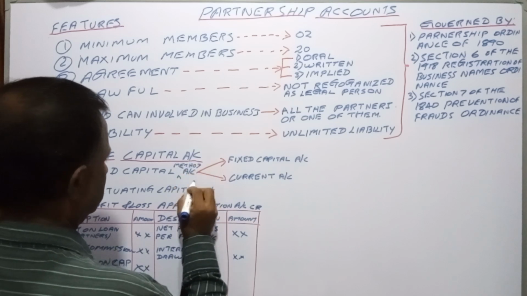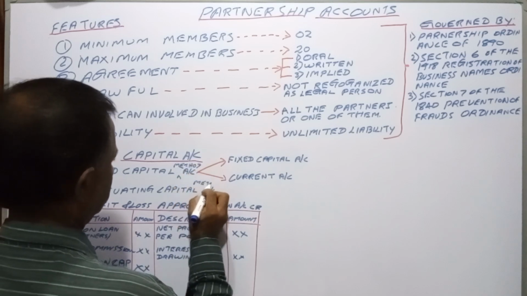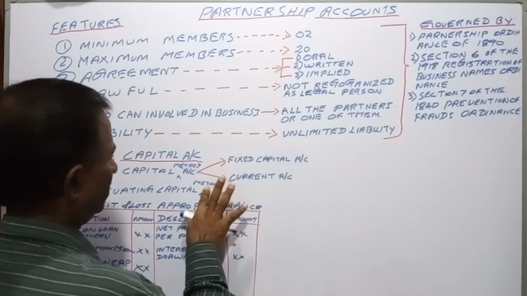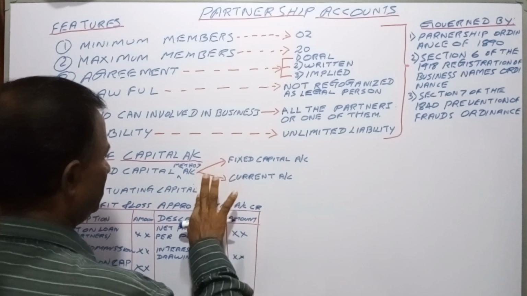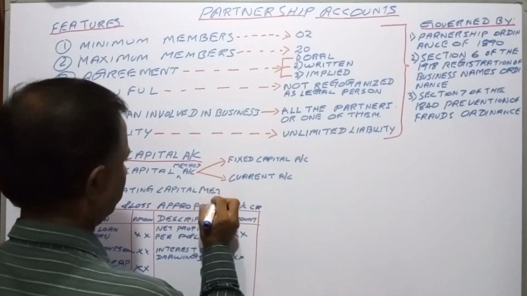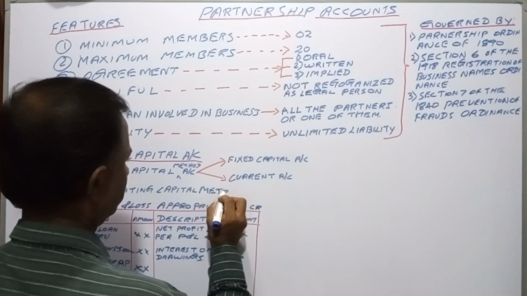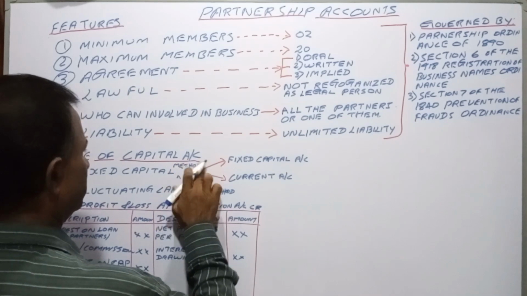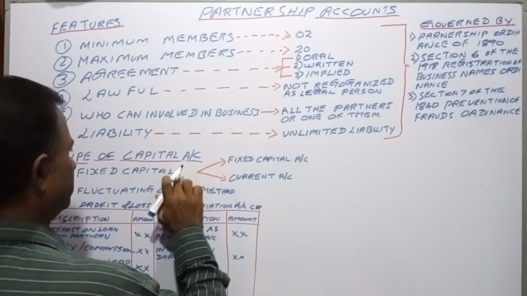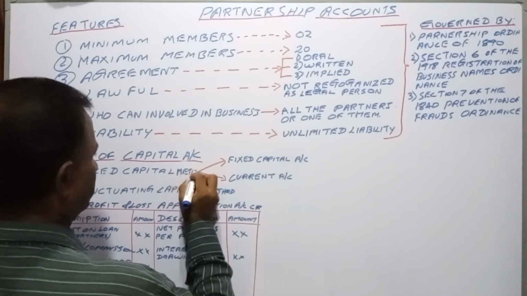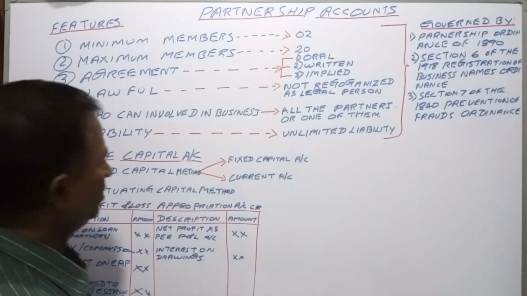Good. Right? Instead of accounts. Fixed capital method. Okay. Right? Method of